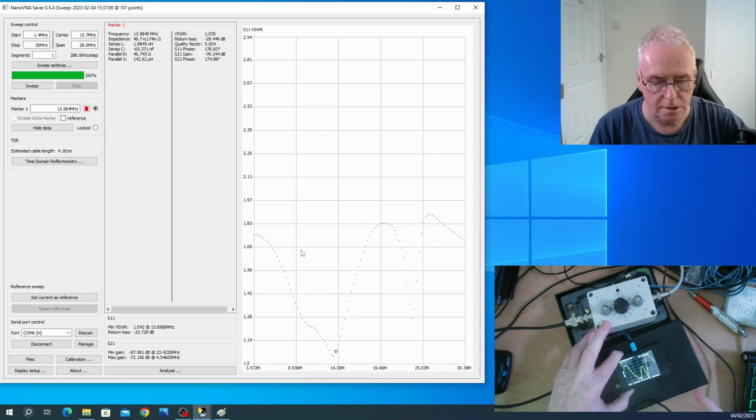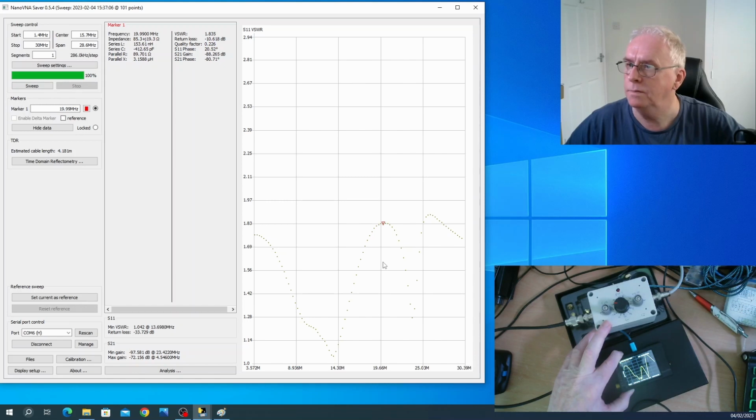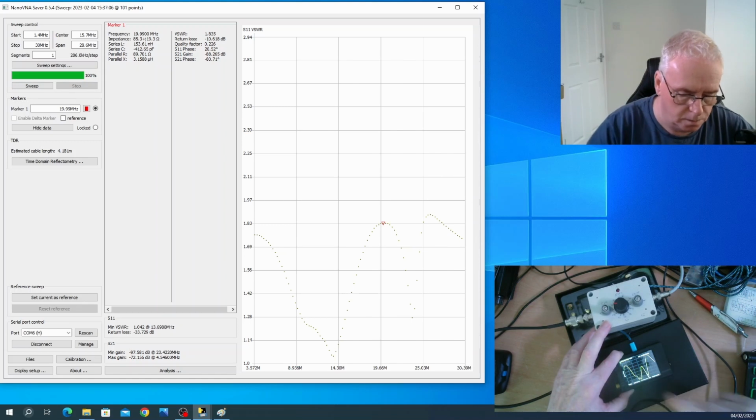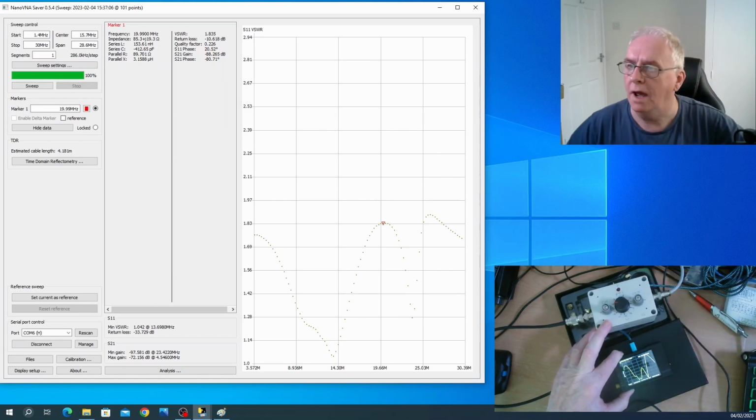Now, what happens if I move the marker to 14 megs? Sorry, that is 14 on that one. I am looking at two different things, aren't I? Sorry, that's 14 megs on both. So we want to go to 21, and I'm putting it just below 20, and I'm going to do the same on this one. Now that's a 1.089, and we can drop it even further just moving the output capacitor, and we haven't changed